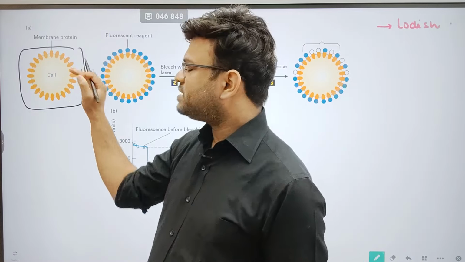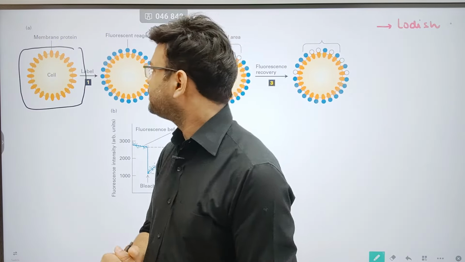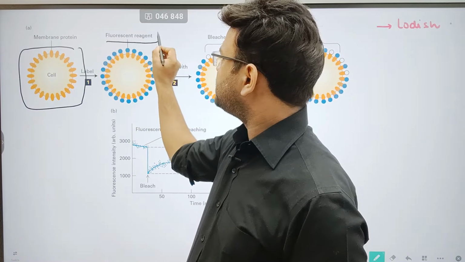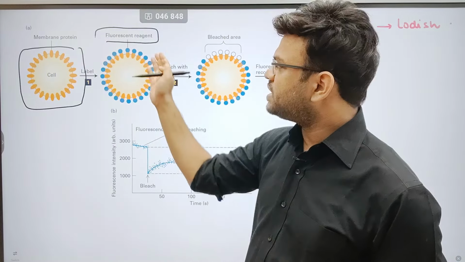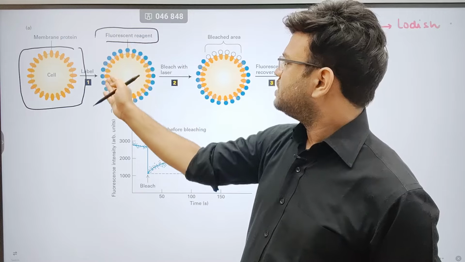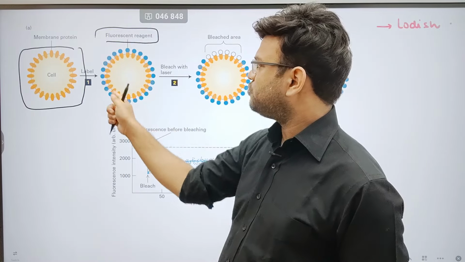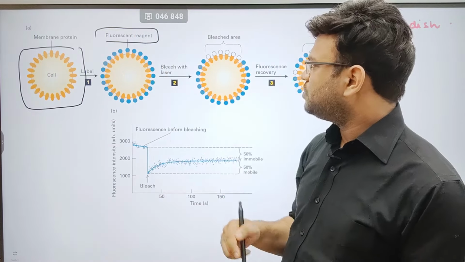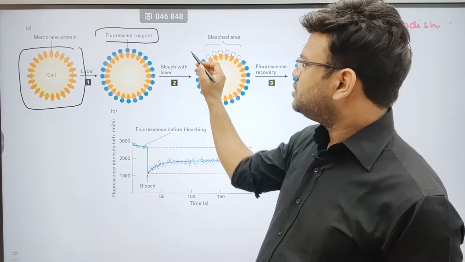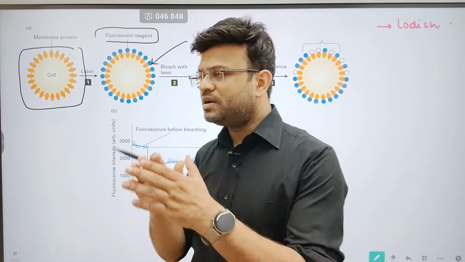Now when you next label it, what are you labeling it with? You are labeling it with fluorescent dye. So this fluorescent reagent stains the entire membrane. You can see that all the phospholipids are fluorescently labeled. Now when we move ahead, you are bleaching this phospholipid layer